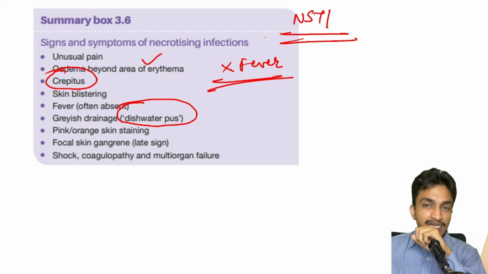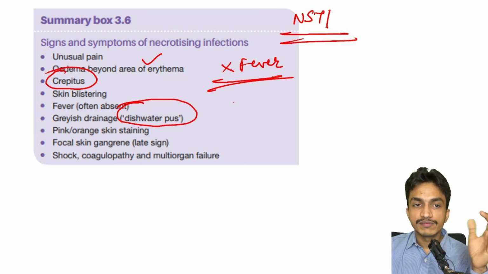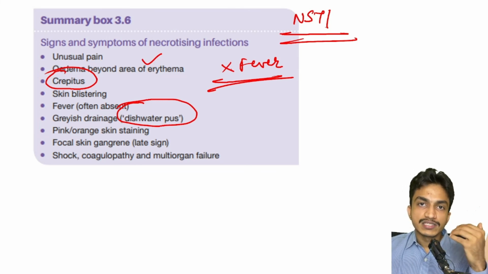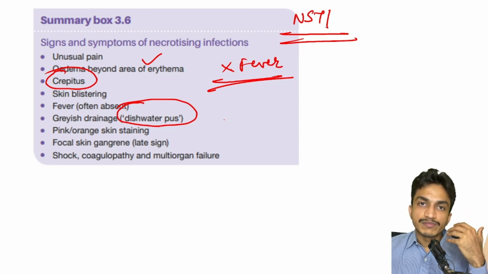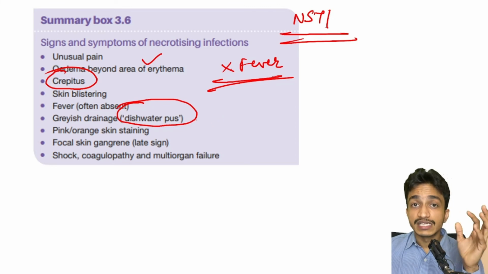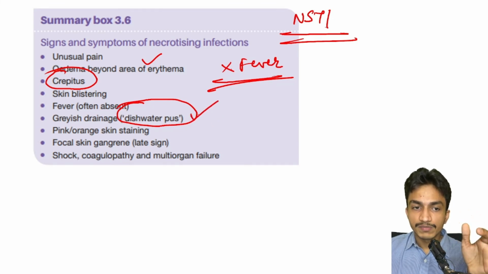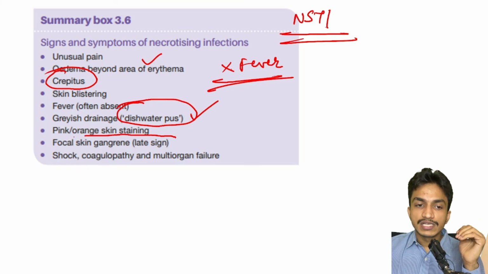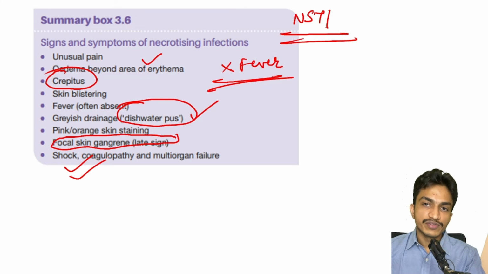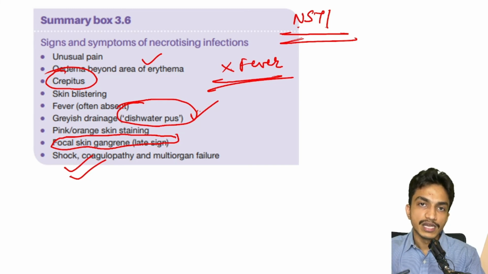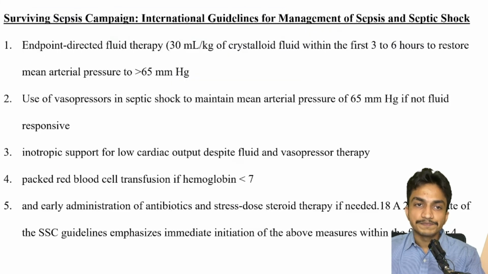They present with clinical signs, but if they present with septic shock, they can have fever, but usually fever is not there. They just present with the clinical signs of edema, erythema. Sometimes the tissue is so necrosed that there will be a pus that is gray color, that is typical dishwater pus. There will be a focal skin gangrene, but it is usually late, and if they present very late, usually with septic shock features. So that is regarding the necrotizing soft tissue infection, and especially the dishwater pus. And if you insinuate the finger, there will be easy entry into the layers. So that is a clinical sign.